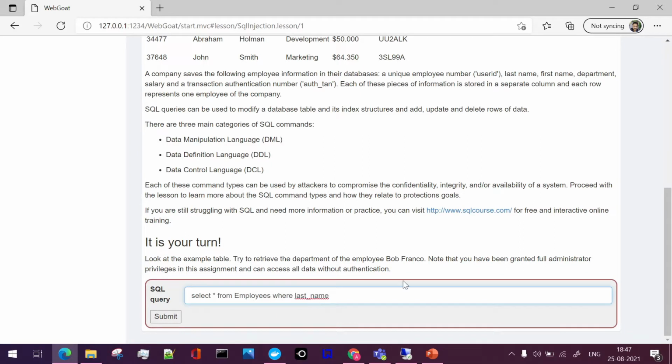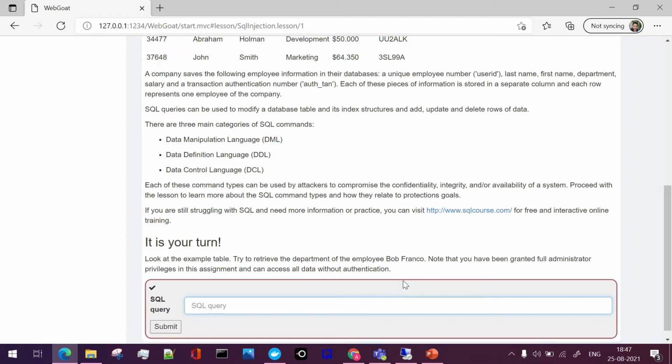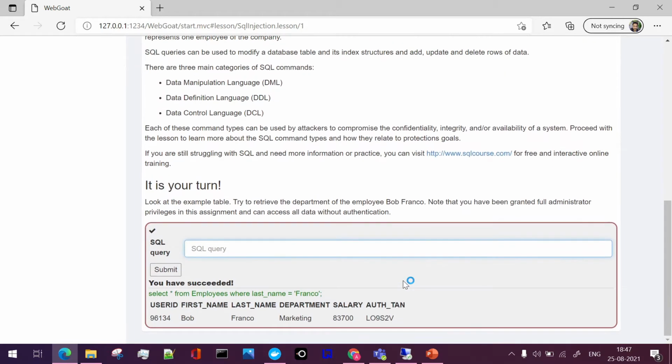I'll paste this, and in single quotes, as this is a string, we'll say Franco, and obviously a semicolon. If we press enter, we'll get the data for this particular employee, and the department is also marked.